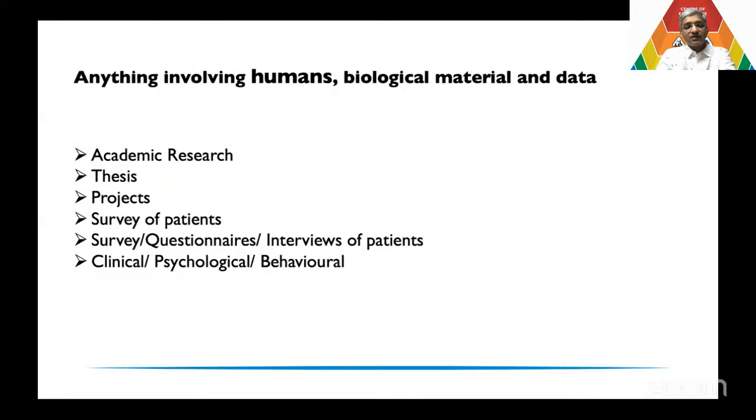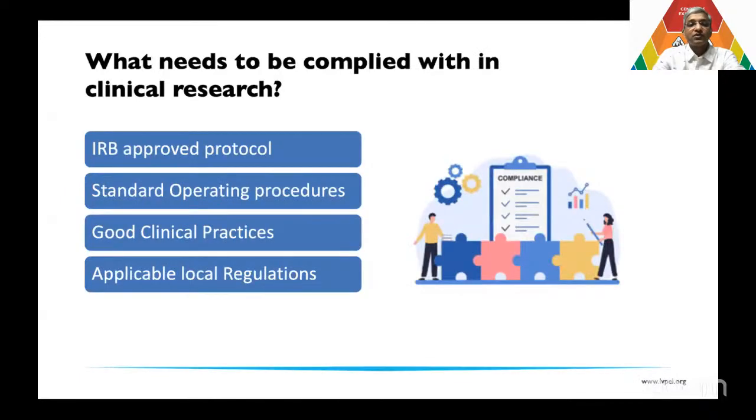Now, when we look at what is the meaning of clinical research, it is anything which involves humans, biological material and data. It can be in the form of various kinds of studies. It could be actual trials, it could be an investigator initiated or a licensing trial, or just an academic research like a thesis, just short projects, surveys, questionnaires, any of these which have patient interaction, human data, material has to go through some set guidelines, and